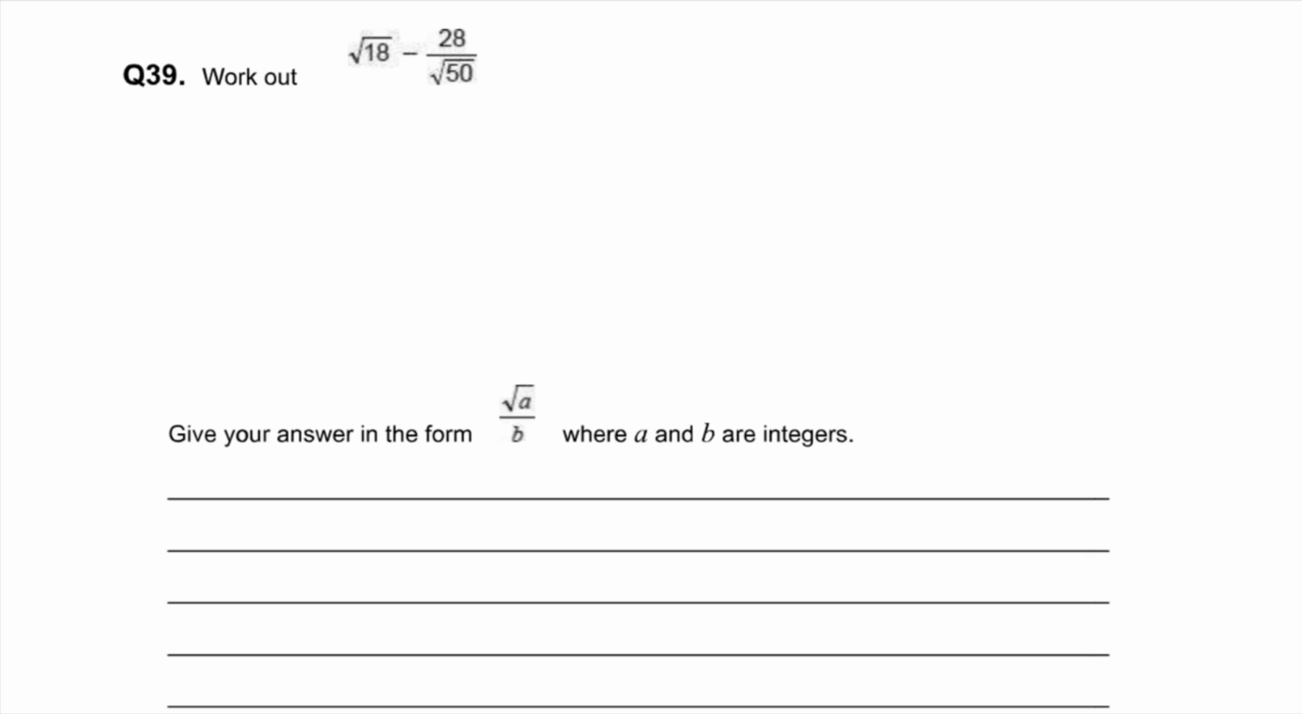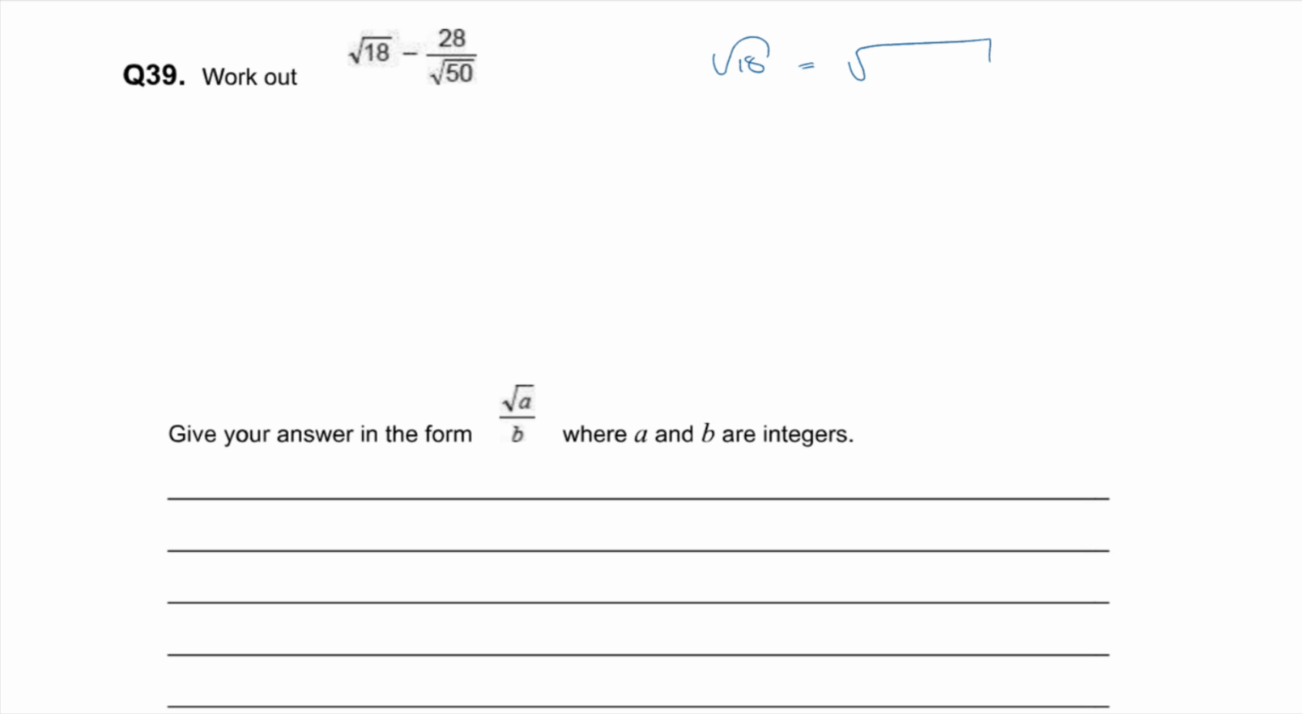Question 39, work out root 18 minus 28 over root 50. Now we have to do two things here. First off, we need to simplify that root 18 because we can write it in a simpler way. And we have to rationalize the denominator of the second part of the fraction. Now, if you like, you can do that separately and recombine. That's one way of doing it if it's difficult to manage everything. So we can work on this in two parts. If we work on the root 18 part first, we can say, well, root 18, that is the same thing as the root of